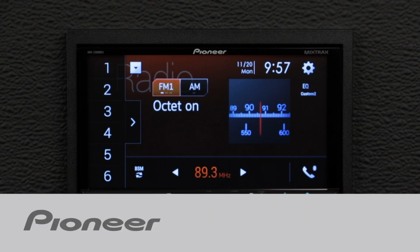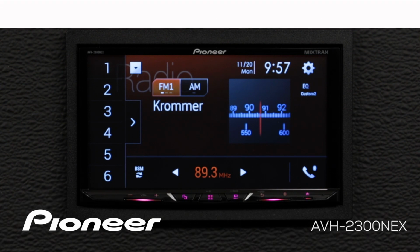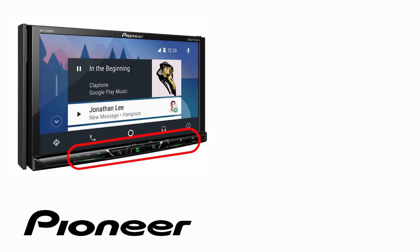Let's take a couple of minutes and check out the shortcuts and the home screen built into your Pioneer NEX head unit. Even though your particular in-dash receiver may have buttons on the side or across the bottom like this one, the on-screen operation in this demonstration is identical for the following Pioneer NEX models: